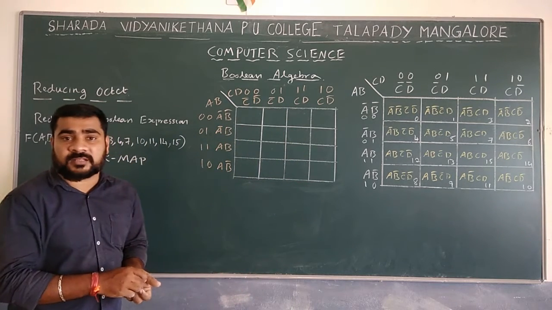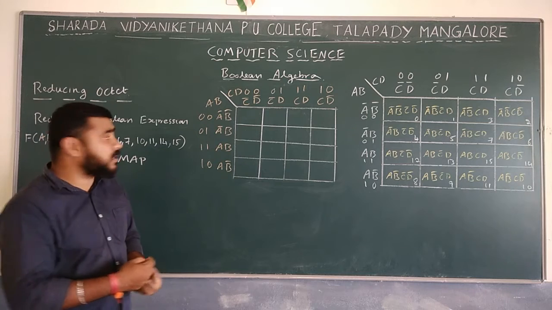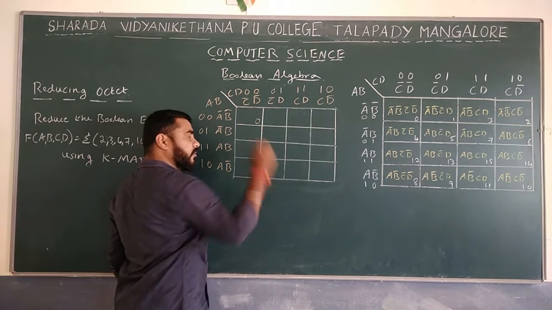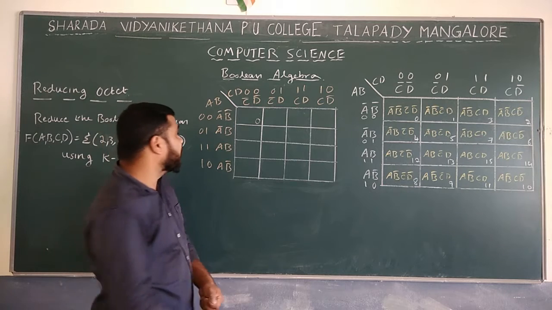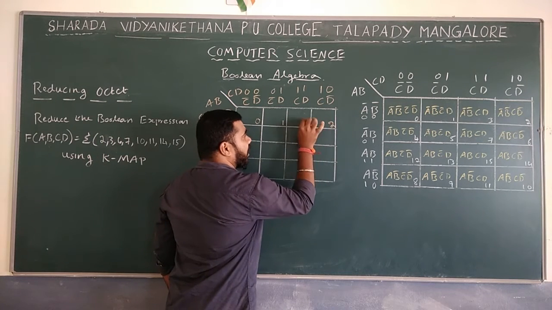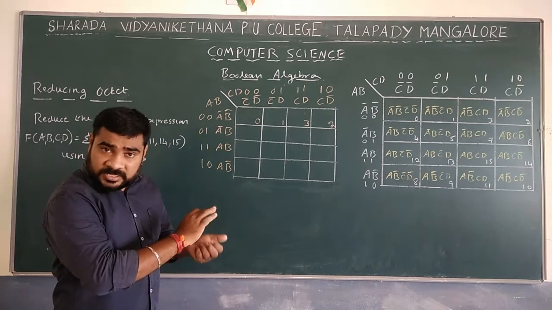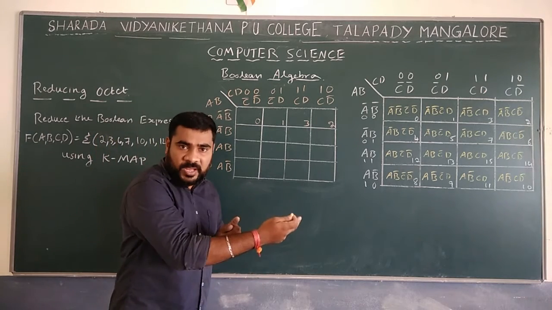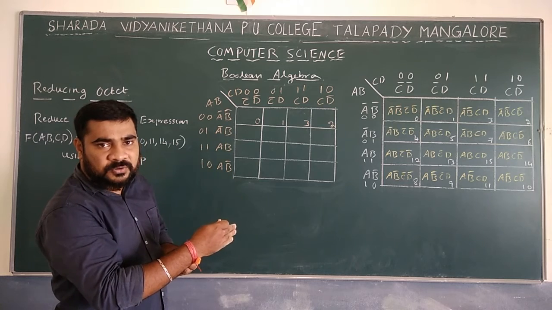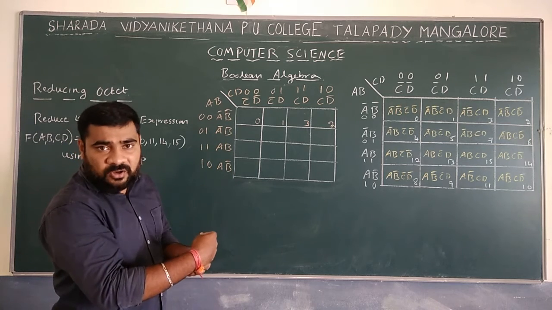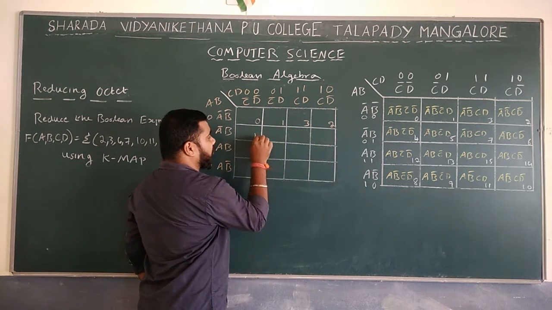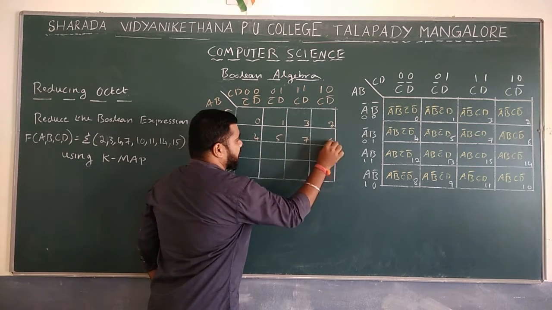Then after that we have to mark the cell numbers. How can we mark the cell numbers? Cell numbers always start with 0. The next one is 1. Next you have to skip that one. This is 2 and this one is 3. So it is actually 0, 1, 3, 2. You have to skip the third row and third column, whenever encountered. So it is 0, 1, 3, 2, 4, 5, 7, 6.